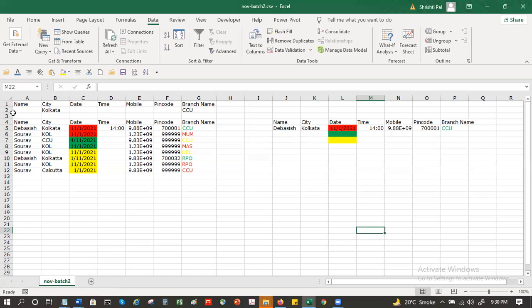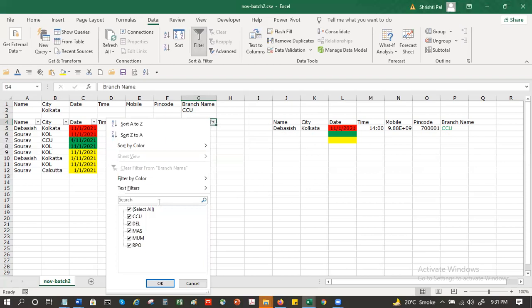Yes. So this one works with multiple conditions. Suppose you want category, you want branch, you want city, you want other columns. You can just put them all out here and one by one you can put the filter. So you don't have to always do it by putting a filter and then doing it.